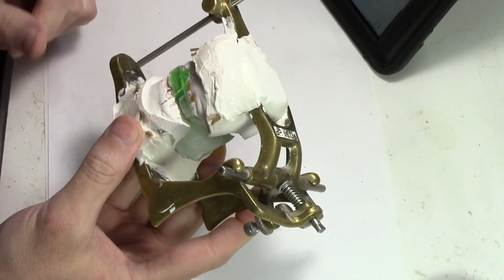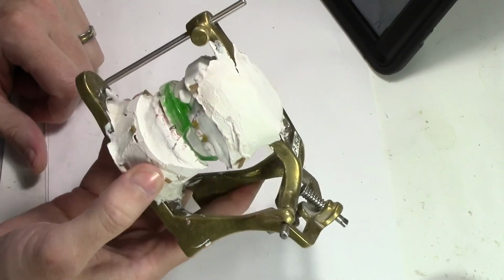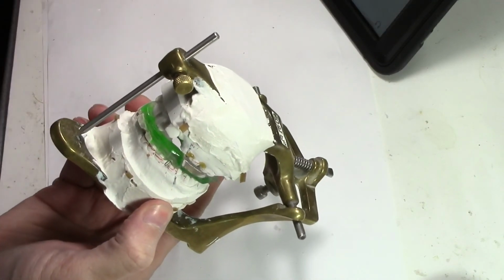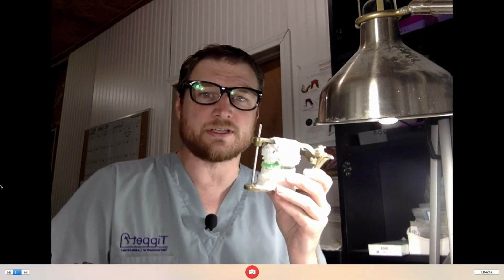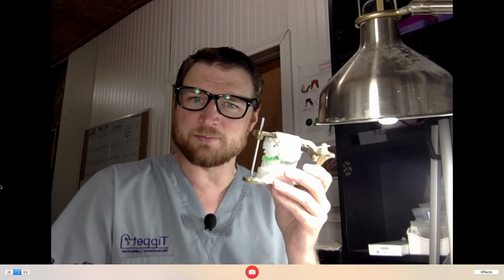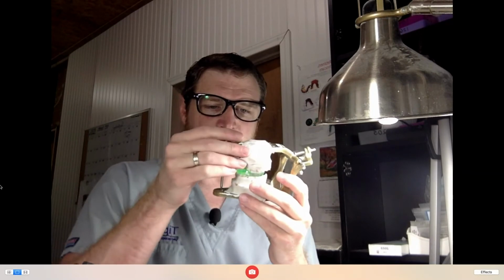Every doctor can custom make these and make them look however they want. You can use just basic skills, retainer skills that you have probably already learned. Bend wire, sprinkle acrylic, trim acrylic. You can make a set of these. You may need to practice with posterior occlusal coverage, but we've gone over the trick to get these two pads to interact with each other